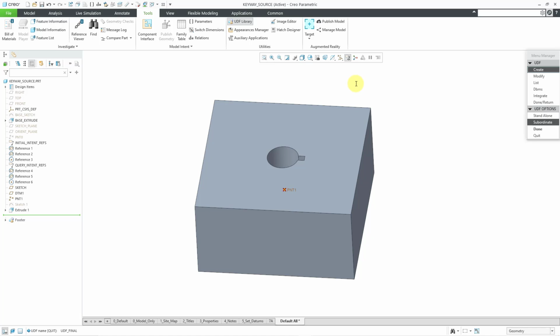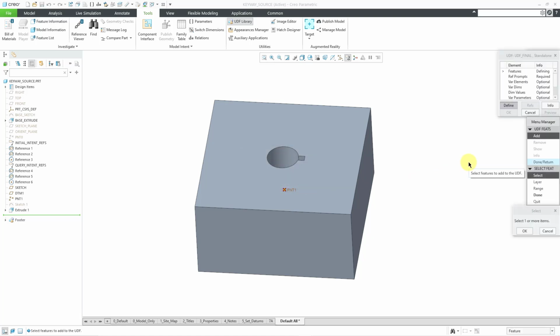And let's see, let's make this standalone, not dependent on the original model. Then hit the Done button. No, I'm not going to store a reference part. You can store a reference part if you want. The features that we want to use, I will select the first datum reference that has the query. I'll use the Control key to select the other ones. And then the datums that are made from those datum references with the query, and my sketch and my extrude,